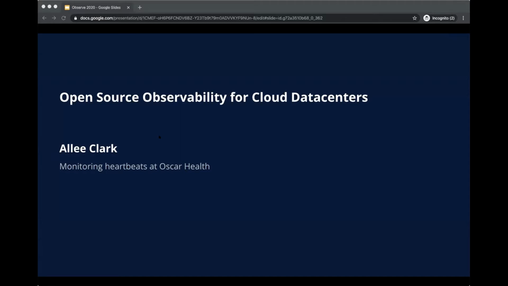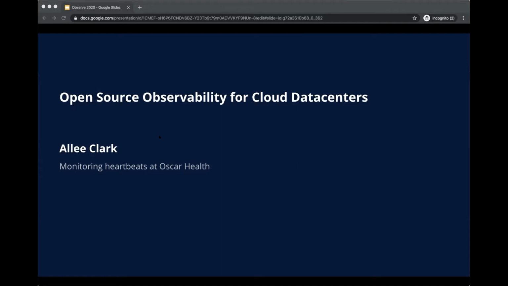I work at a company that is pretty heavily involved in open source from a maintaining standpoint, but also trying to figure out the best ways to contribute in the type of world that we're in. I'll talk about the company I work for briefly. And really, this talk doesn't involve much about OpenTelemetry, as a lot of other talks do. This talk is mainly about some of the tools that you can use in your data center to start